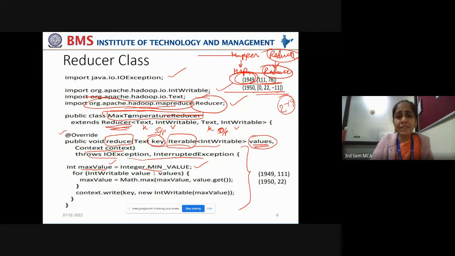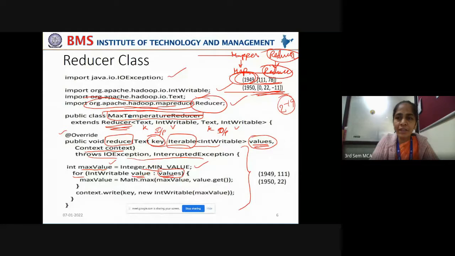Now, in the next step, you have to iterate through this list of air temperatures to find out the maximum air temperature. So you're using a for each loop. You know how to use a for each loop, right? For taking each value from the list of values that are passed by the map phase to the reduce phase, you are extracting one after the other in a sequence of iterations.